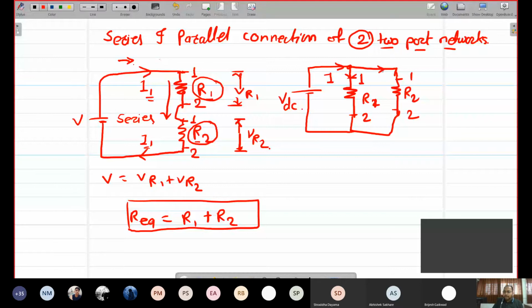So here, after applying KCL, let us say this is I1 current, and let us say this is I2 current. So I1 plus I2 will be the total current, right? After applying KCL at this particular junction. If I consider this as a junction, let us say V1, and apply KCL at this junction, then the equation for the current will be I is equal to I1 plus I2. Am I right?